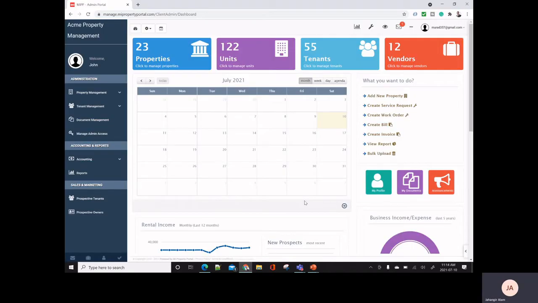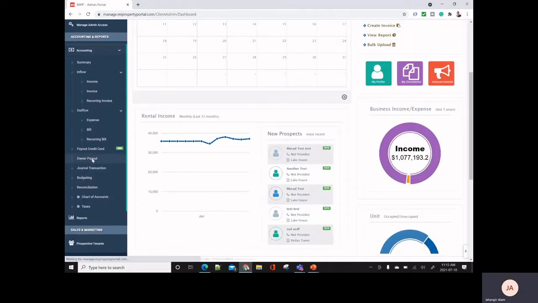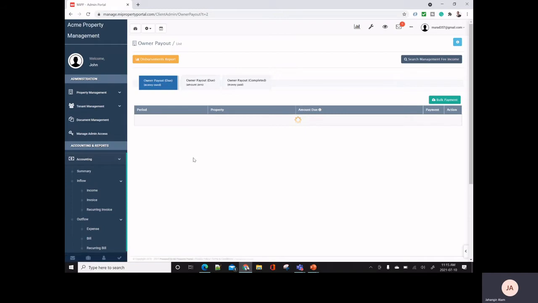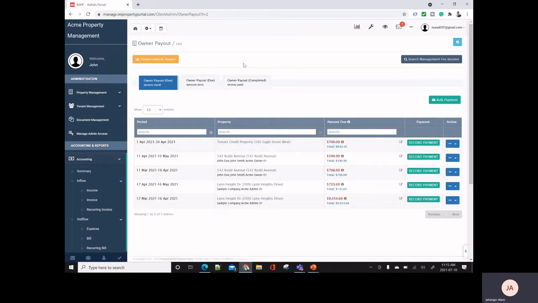So when you are in the dashboard, on the left side under accounting, if you click on the owner payout section, you get this interface. This is the owner payout section, and there are many important features in this interface, and we're going to go one by one. First of all, the first button on the left says disbursement report. This is a quick way to go to all the disbursement reports for all of your